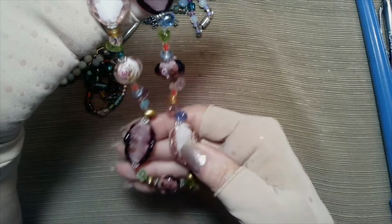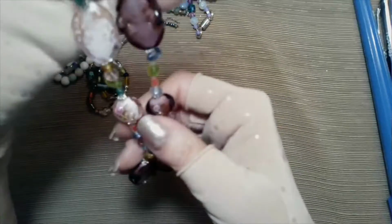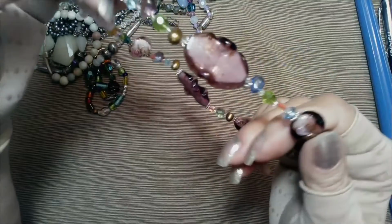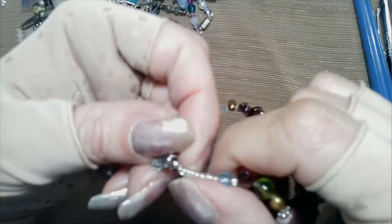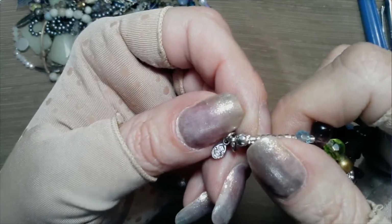Now this is what I would think with these Millefiori beads. I believe that's how you say it. Because they're not lamp work. Let me see what this little tag says here. This is...